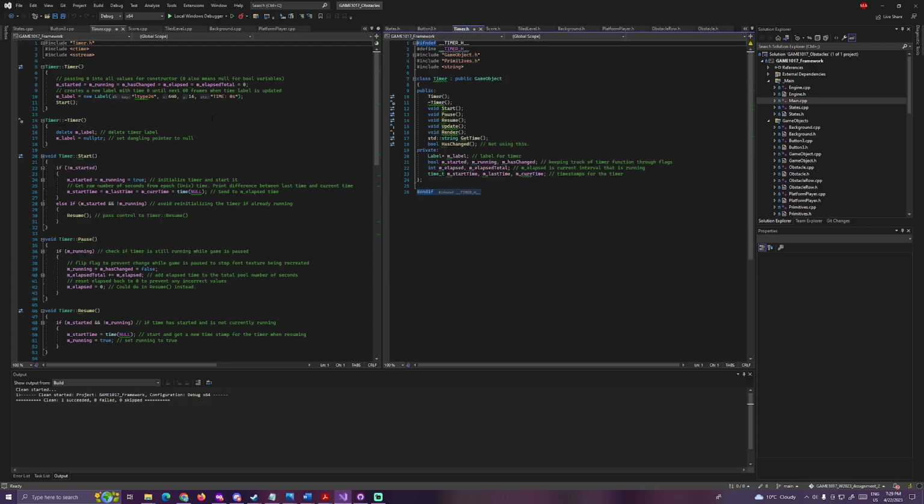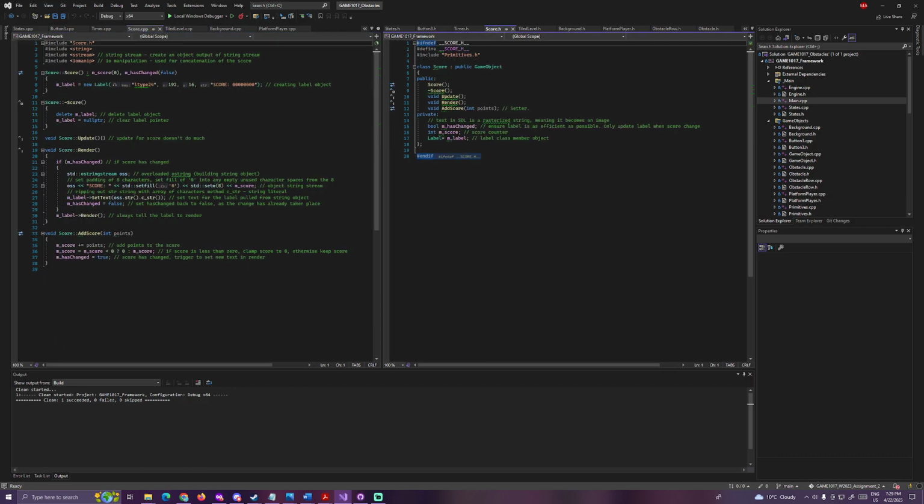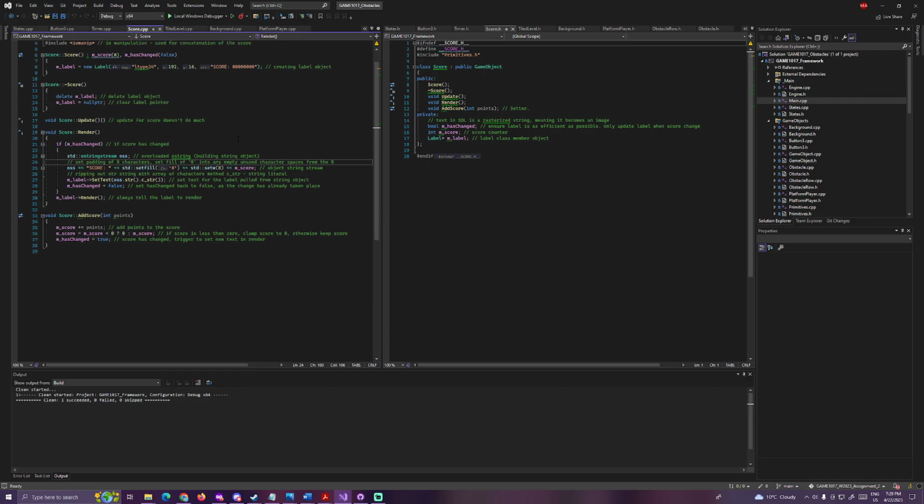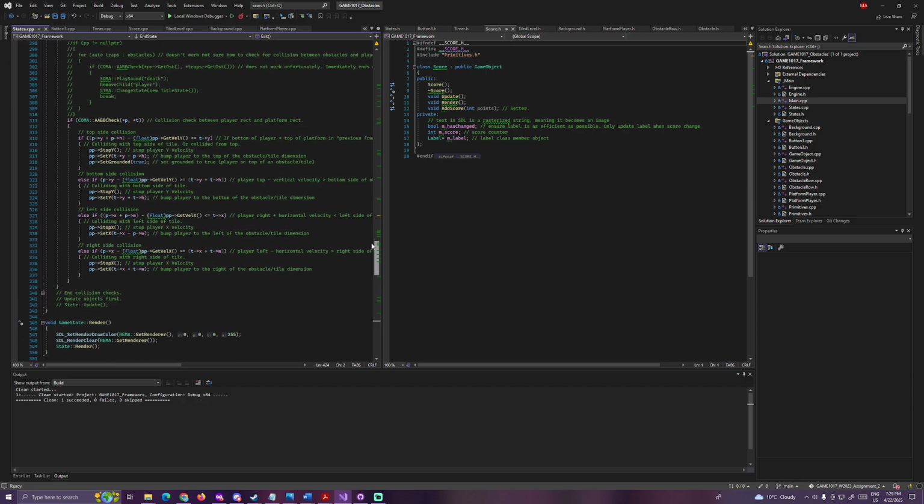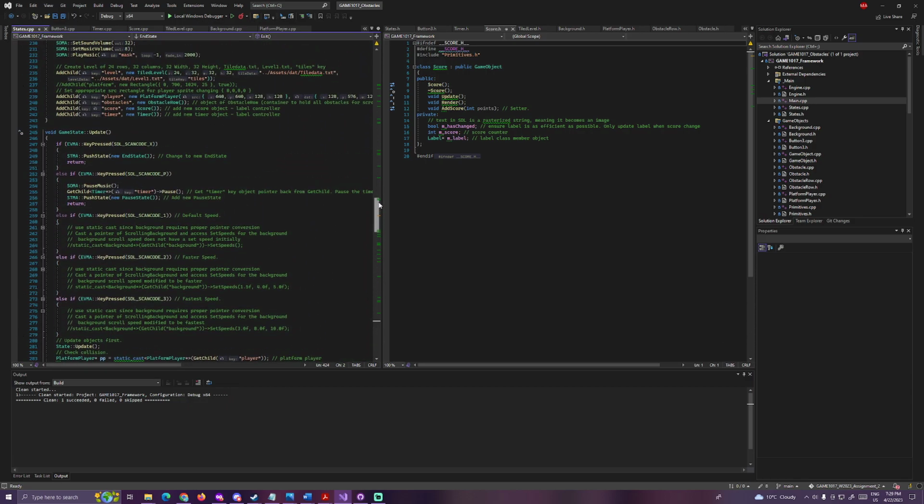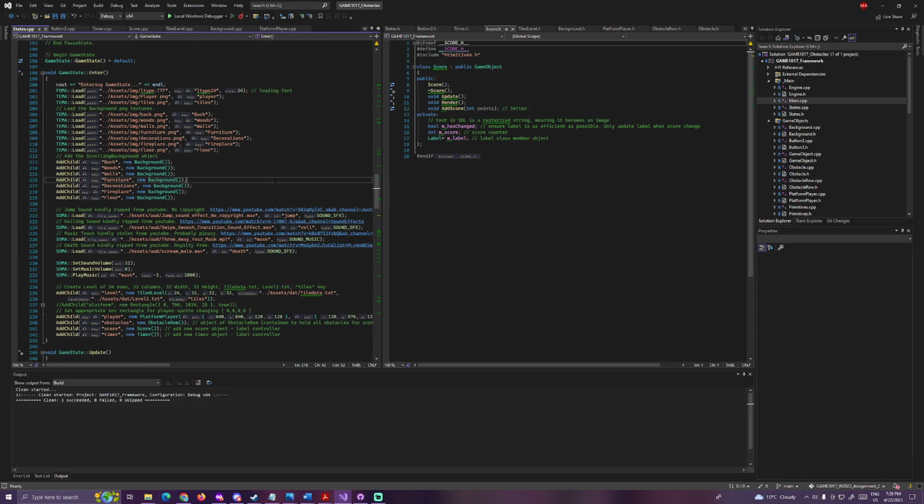In the timer, we have the labels being created for the timer, and the same thing goes for the score. We have the score labels being created and rendered to increase the score. The way the score works in this game is as the player continues to play, as the obstacles pass the left border of the screen, you add a score to the total score for the player. So if we look here,